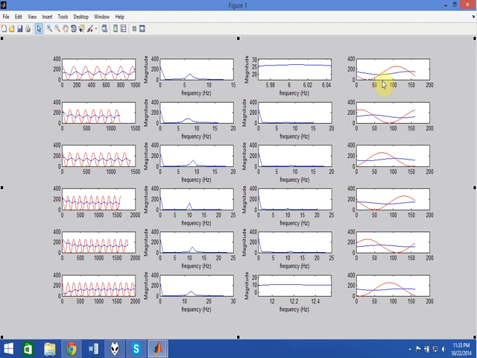I will show you the code in a second. Basically, what it does is take, for example, the highest value of the blue signal, which is our input signal that we receive, and the highest of the output signal,